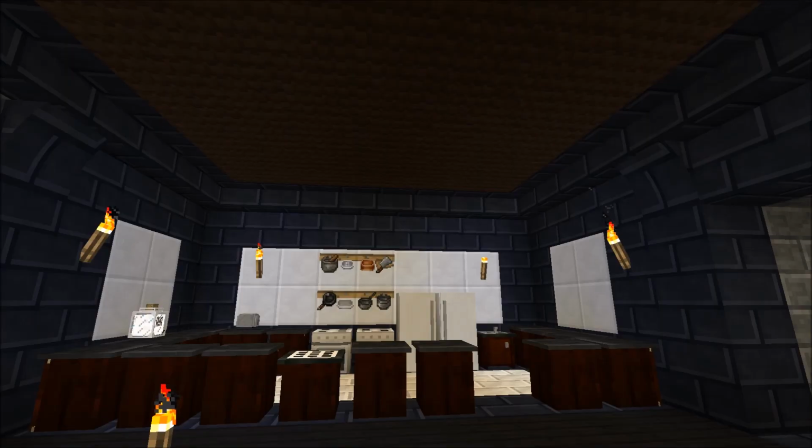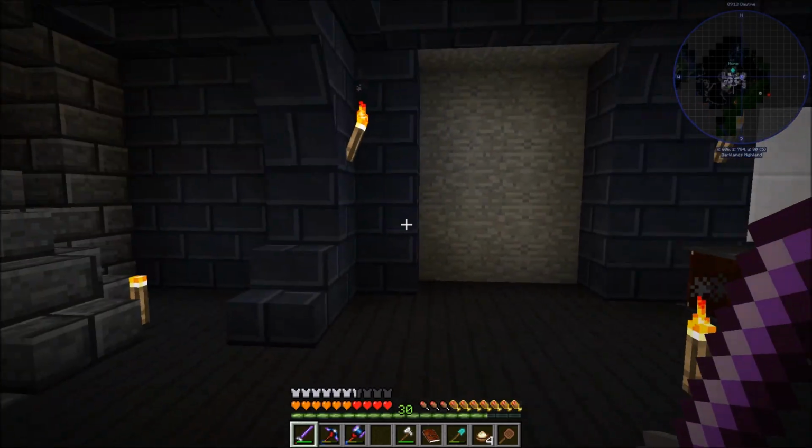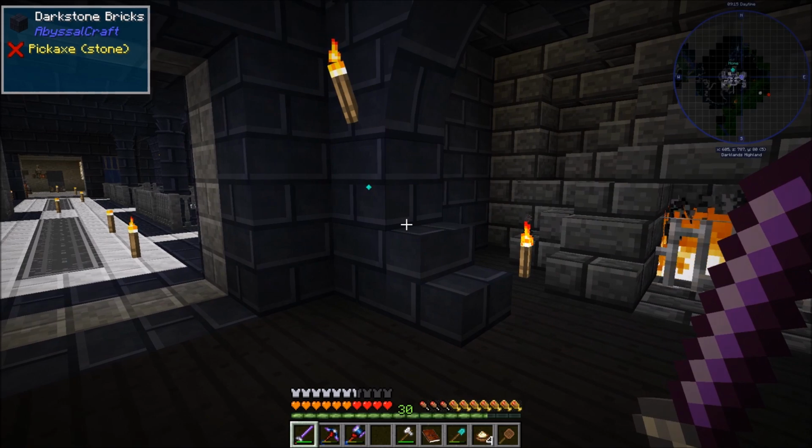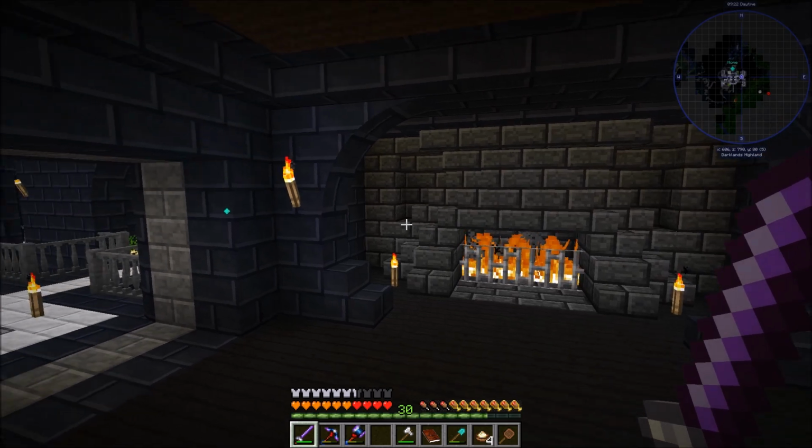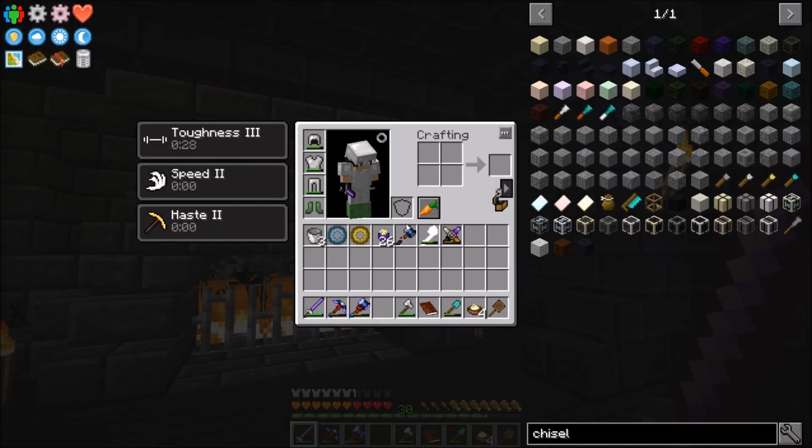So, a lot has happened since the last episode. As you can see, I've been busy working around the base for quite a while. Quite a few hours just working, plus mining and all that stuff. Quite a bit indeed. So first off, in my inventory, I have an advanced ring of haste and advanced ring